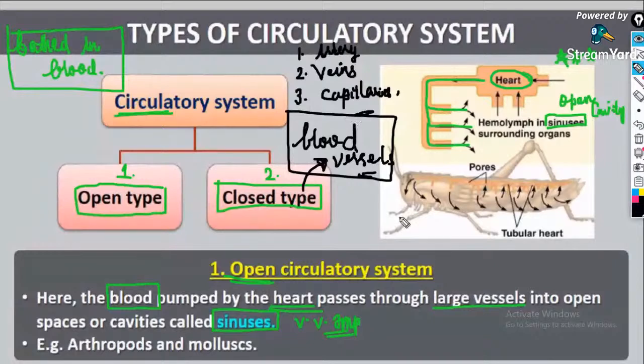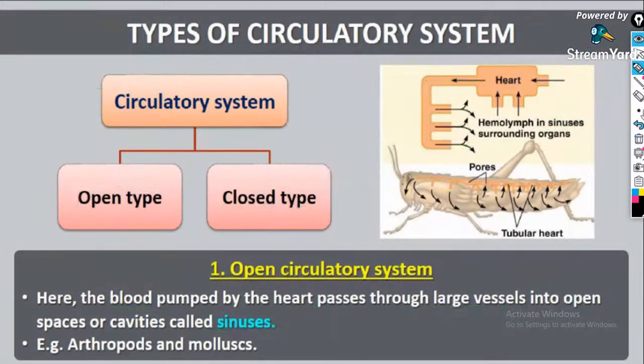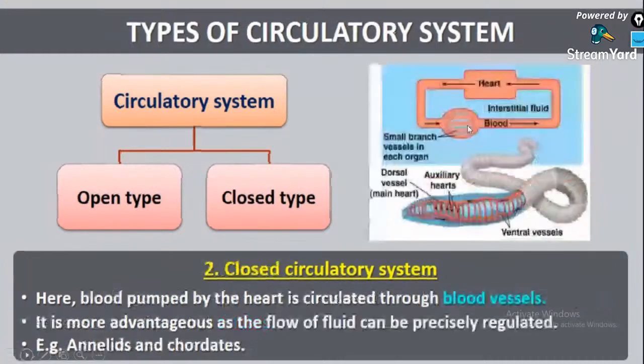Absolutely, guys. So, open circulatory system is seen in arthropods and mollusks. Whenever you break a cockroach into two, the blood will ooze out fast because there are no specific blood vessels to carry it. The blood is directly pumped from the heart into their common body part. There is no other different structure in the case of simple organisms. Next is closed circulatory system.